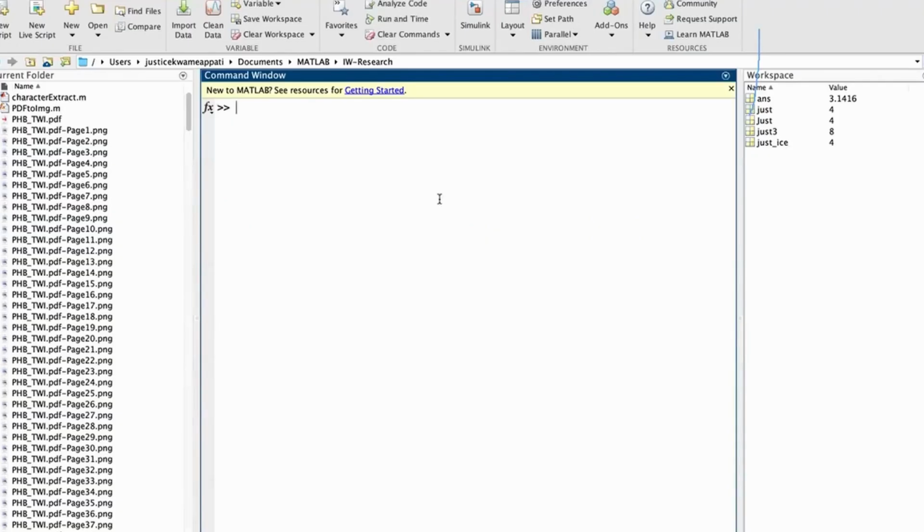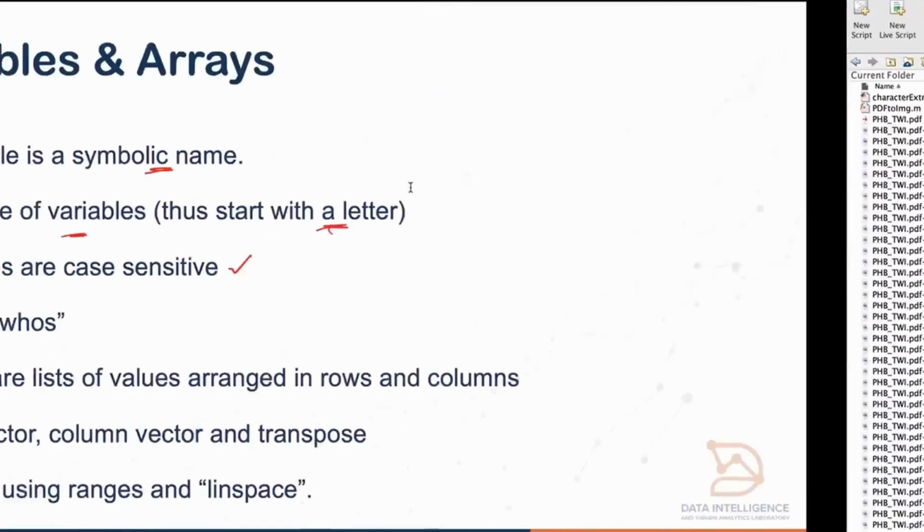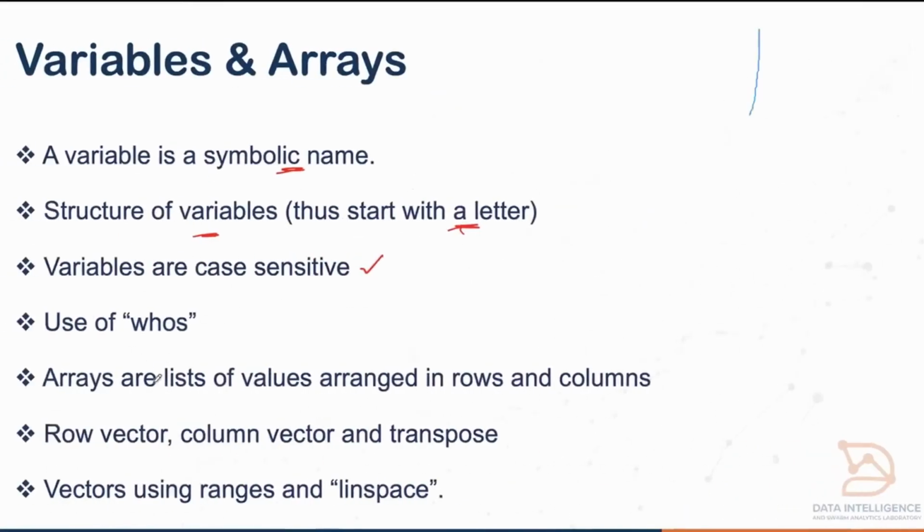Okay. Now, if I want to clear my memory, I type CLEAR, clear. This clears my internal memory. So take note of this as well. Okay, so we proceed from there. So whos gives me nothing. Gives me nothing. Okay. At this point, we are now forced to learn how to input arrays,